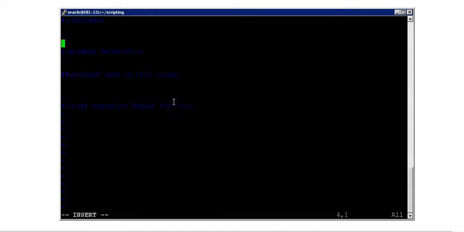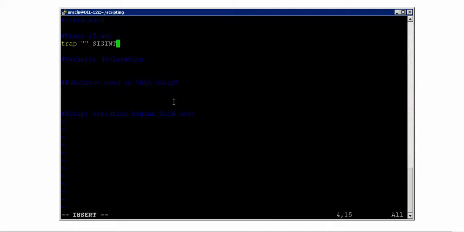And one more thing is traps, if any. If you have any traps coming up, you have to define those traps only at the beginning of the script, not in the middle of the script, because if you want traps to be executed as soon as you initiate the bash shell, you should also pass what traps it has to capture. So that's the reason you should first say trap here. Let me write a trap to not allow people to use Control C. Initially, because I did not complete the testing yet, I'll hash it out at the moment, and once final testing is done, I'll test this.